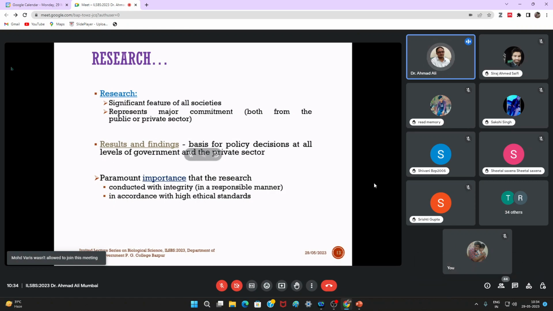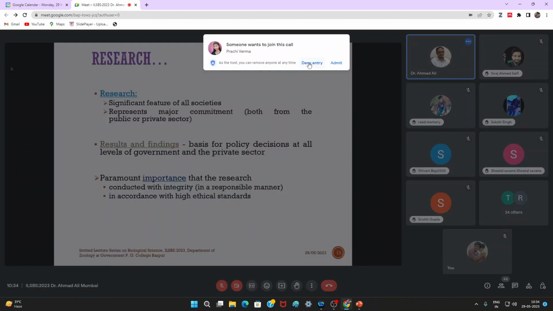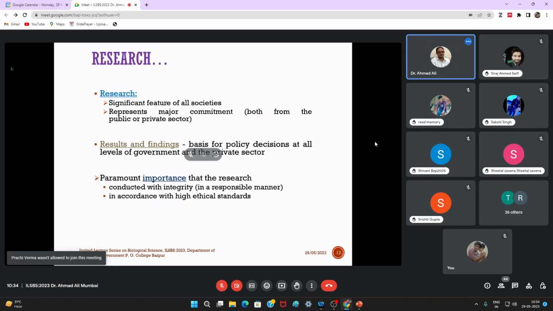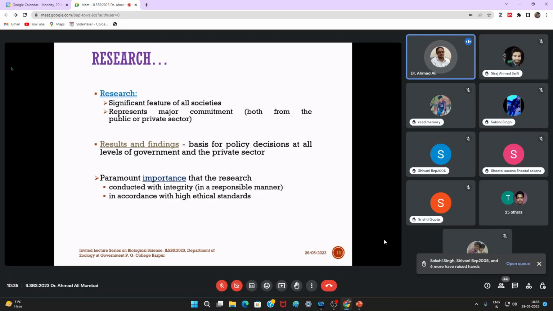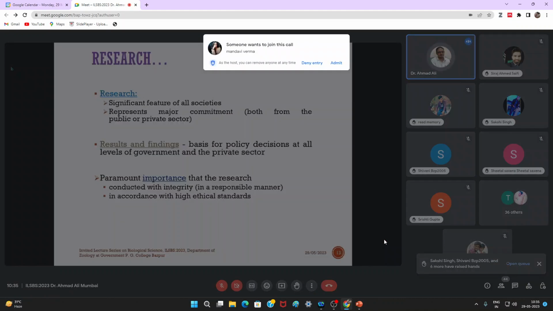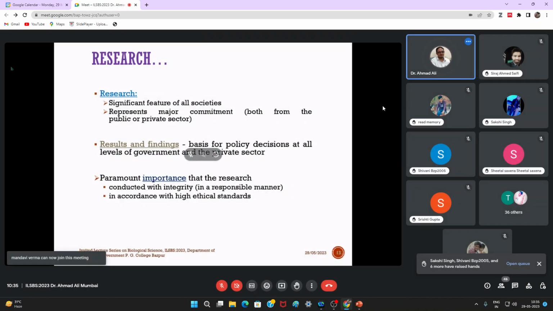They provide the funds and they provide the infrastructure, then it becomes important. When societies depend on and look for the research, the scientific method, it's not just research in the science, it's research in communication, in the commerce sector, management sector, arts and humanities, where they make the policies. It's research in economics. So these results and findings become the basis for policy decisions at all levels of government